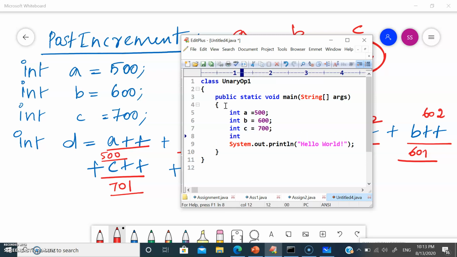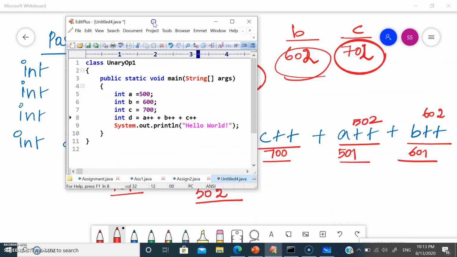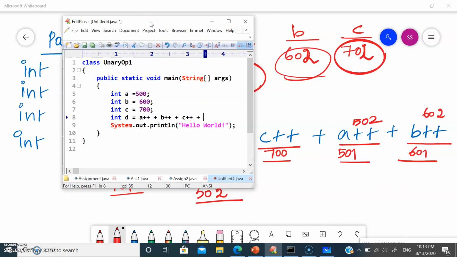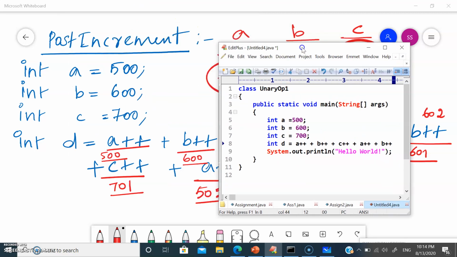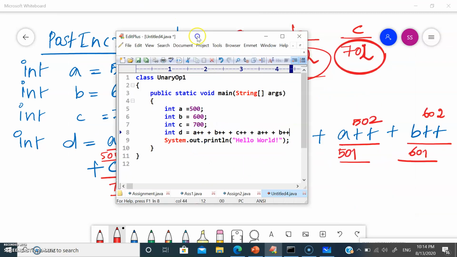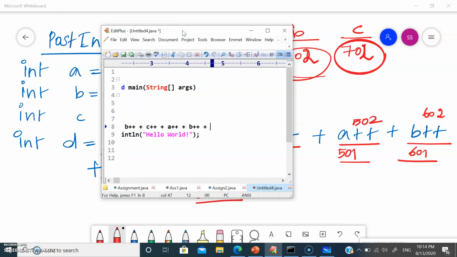So let's calculate int d is equal to a++, again b++, again c++, and then again a++ plus b++, again one more c++ and a++, c++ plus a++.